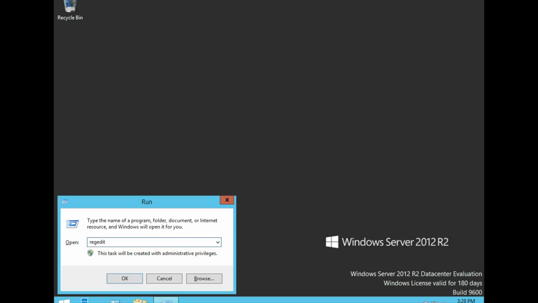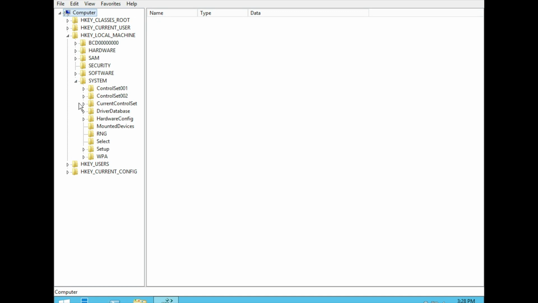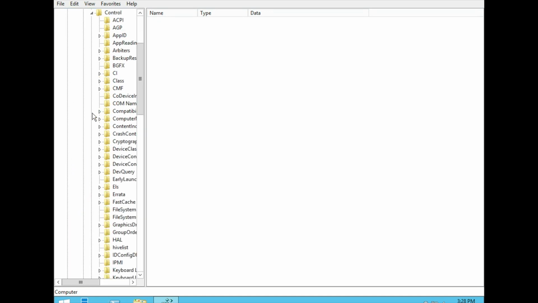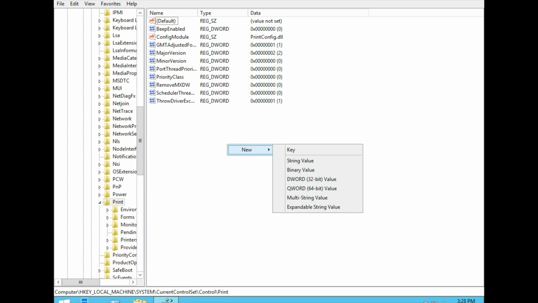Open the registry settings, navigate to HKey local machine, system, CurrentControlSet, control, print. In the print, right click, new, key,